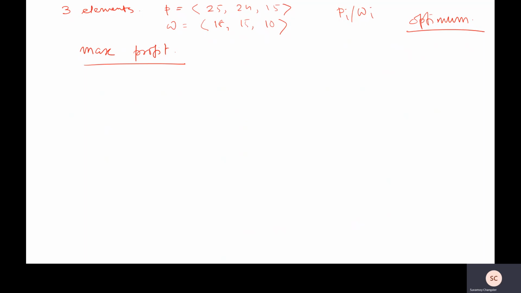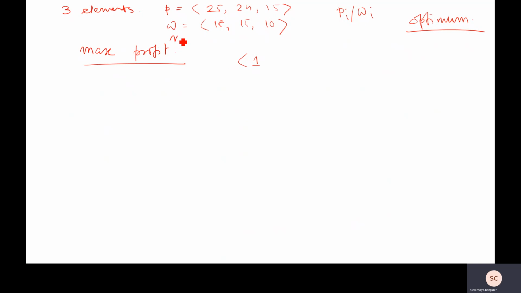Okay. So the greedy algorithm by name itself suggests that we will be greedy always and we will select the optimum solution in each and every step. So here, let us first try to find out whether, if we go for selecting the maximum profit element first, then what will be the profit. Here the maximum profit is 25, so we are selecting the first element as 1.